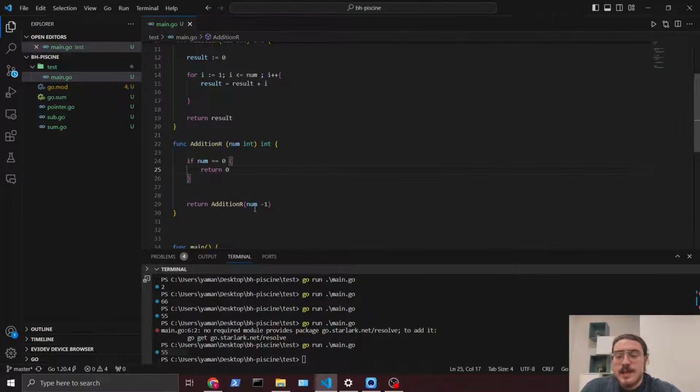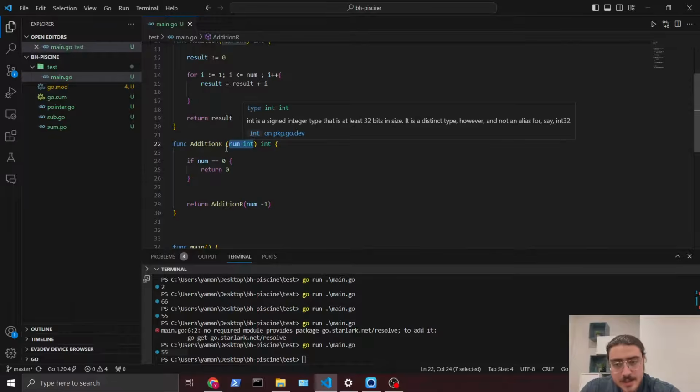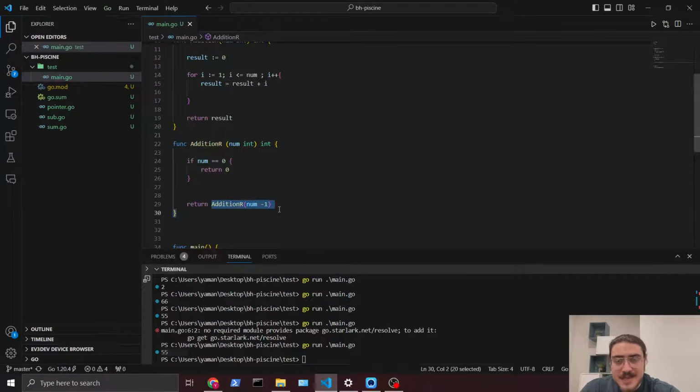Right? طيب. Now this my function, what will it do? It will add this number. It will not add anything. ليش؟ لأنه if you look here, I'm just returning the same number but minus 1, minus 1, minus 1. So what do I do here? I'll come and I will say num plus addition R num minus 1. So what does this mean?